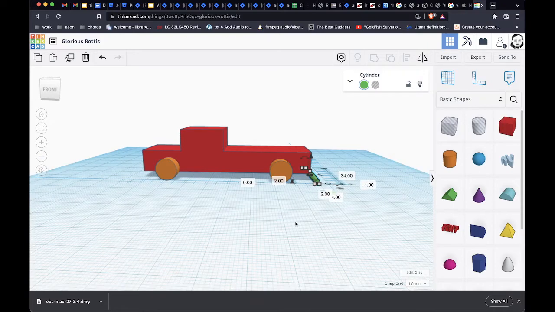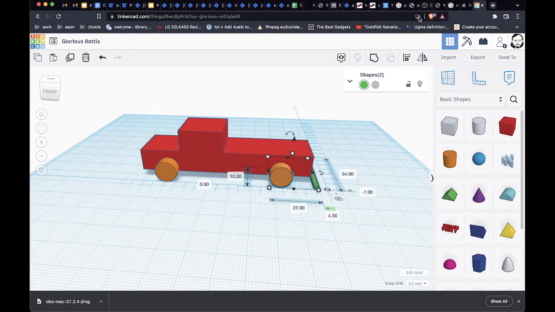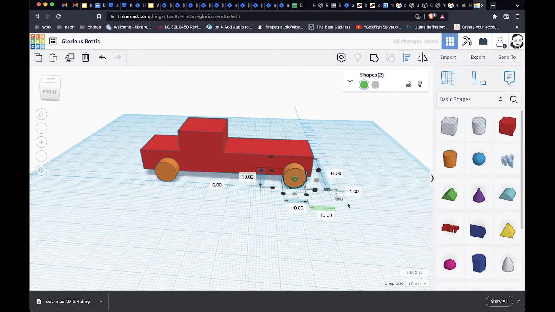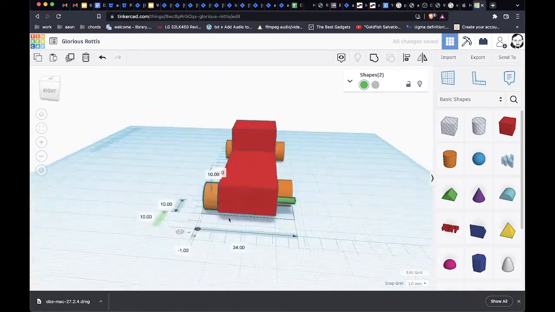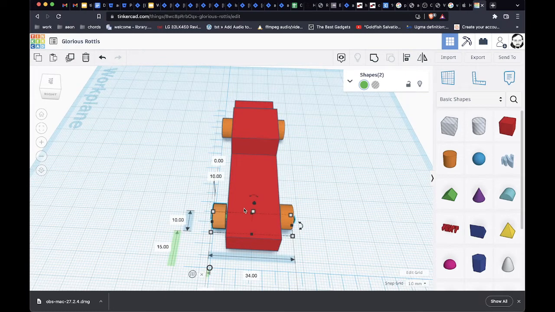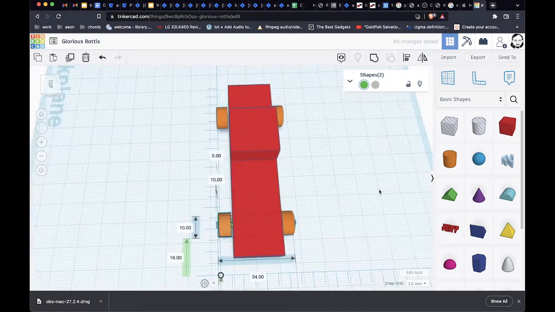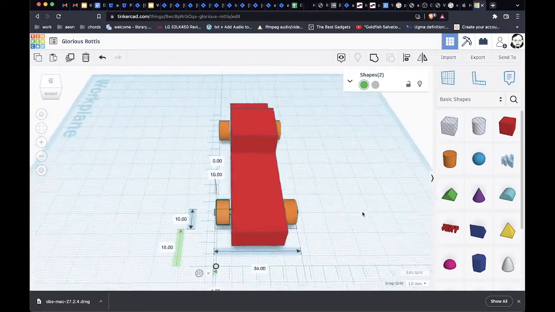So let me try to click on the axle, then on the wheel, then using the align, I would like to center it vertically and center it horizontally. Okay, but it kind of moves, so I'm gonna try to align it to the other side. So right now we have